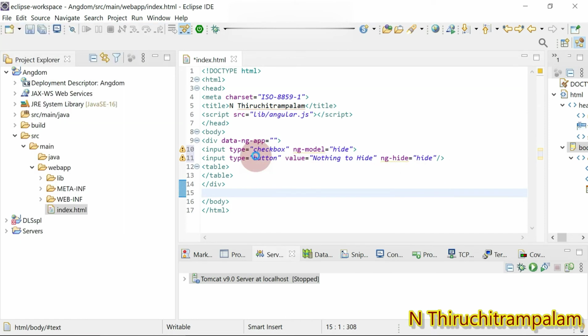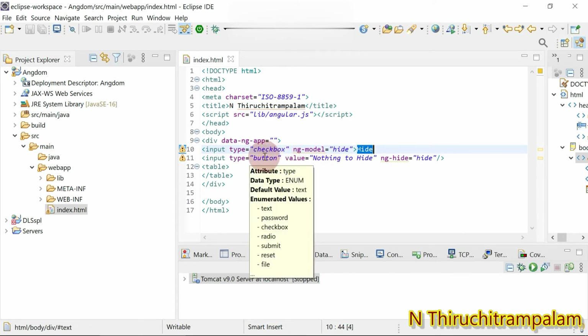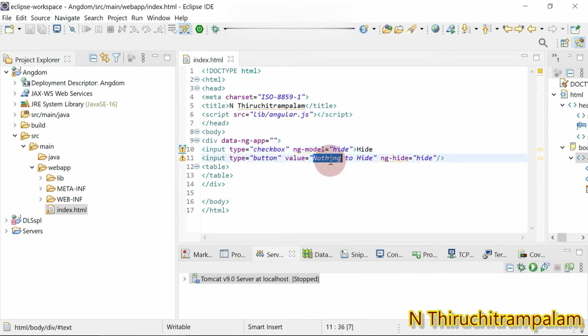On the view page you will find a checkbox, and beside that you will find the text, the word hide. Then you will find a button, and over the button you will find the name nothing to hide.